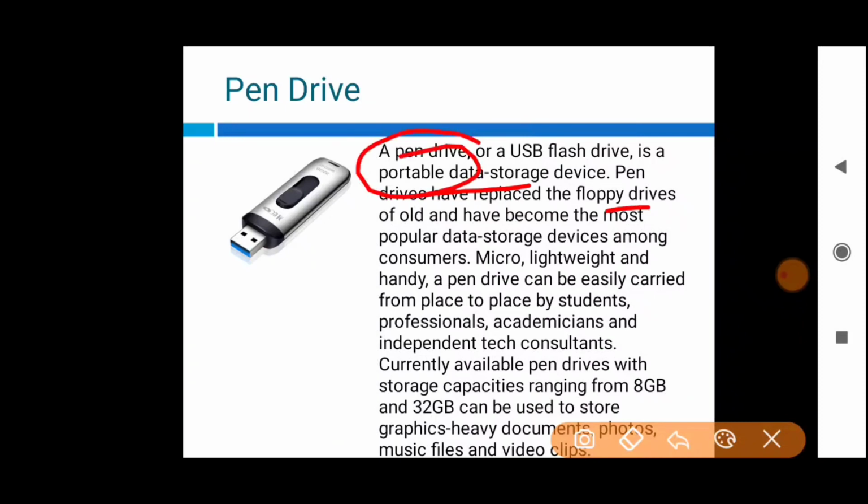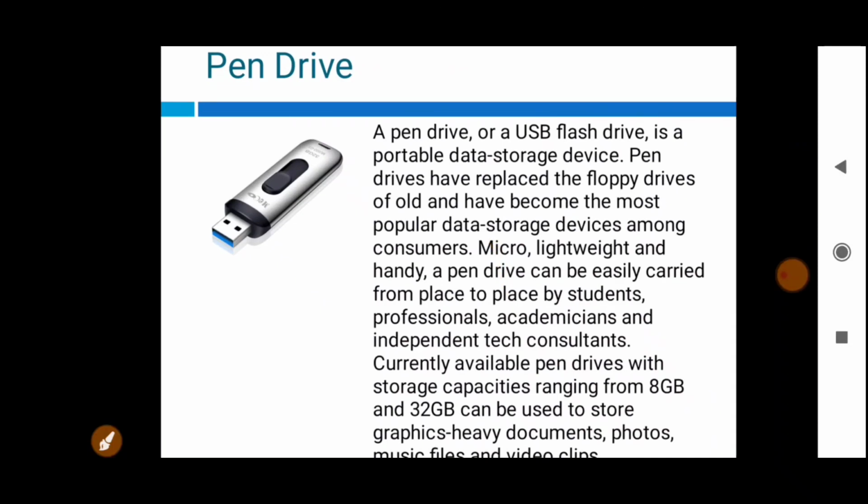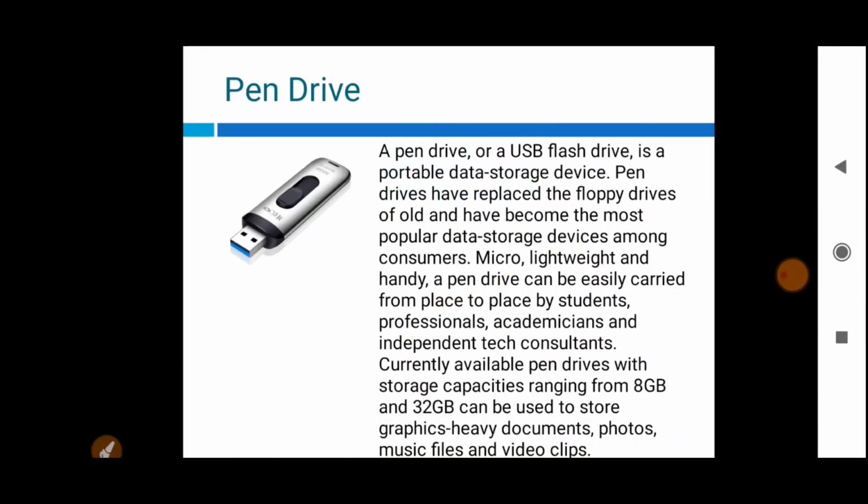Another advantage is that it is smaller in size, lightweight, and handy, and it is usually used by students, professionals, and all the people who want to transfer data from one device to the other. It comes with storage capacities of various ranges from 8 GB to 34 GB, and it can even be used to store heavy graphics documents, photos and audio files, and even movies.